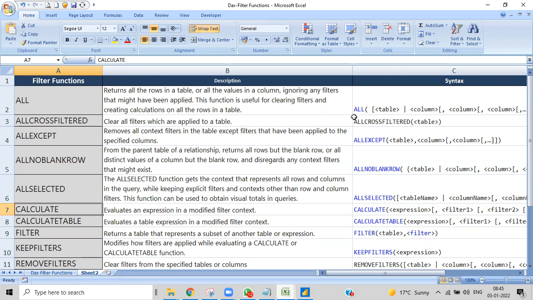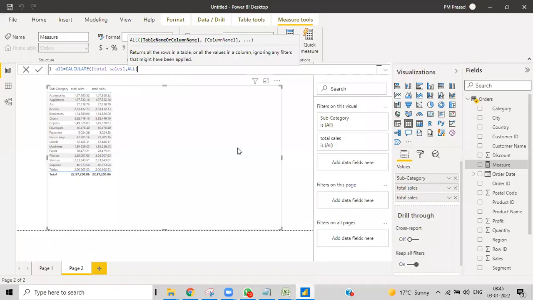And then for the syntax of ALL, we need to give the table or the column, whichever it may be.